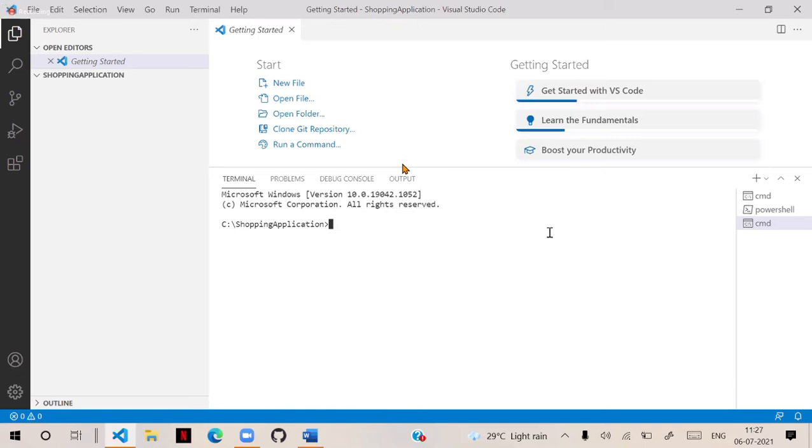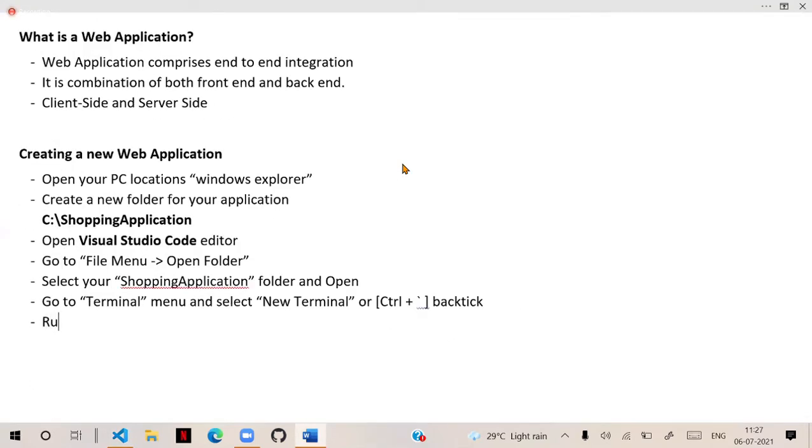Now you have to open the terminal. After opening the terminal, at the command prompt, you have to run the following command.